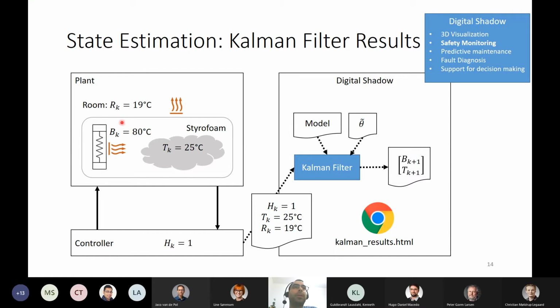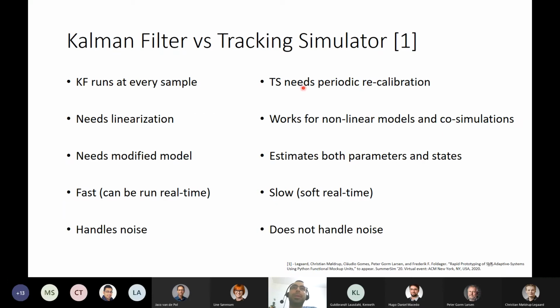So we were able to provide a good guess for this value so we could start the simulation. This is what the Kalman filter does for us. We could implement other techniques like we did back in February or March, where we implemented the tracking simulator. This is essentially a batch least squares parameter estimation algorithm. And what this does is it periodically recalibrates the model as the data starts to diverge, and